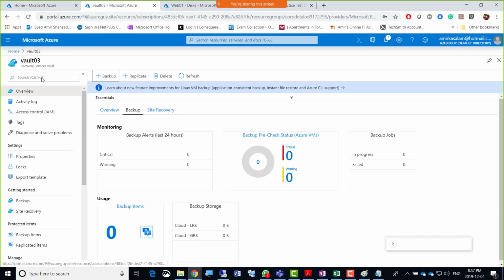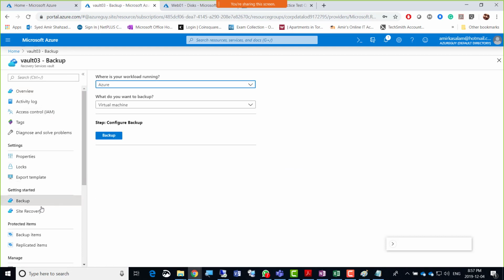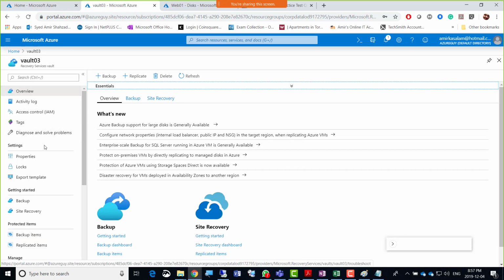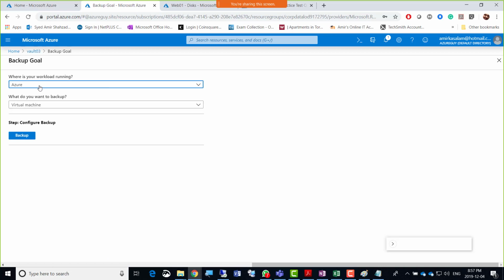So after that, if I go to Vault 3 and if I go to backup or backup items, okay, Azure Files, DPM, backup server. So yeah, it was not created anywhere else, but yes, this is as far as we can go. Exactly. So it was not created, but if you have selected that, I hope they save that configuration somewhere. So plus there and just go for on premises and select virtual machines.